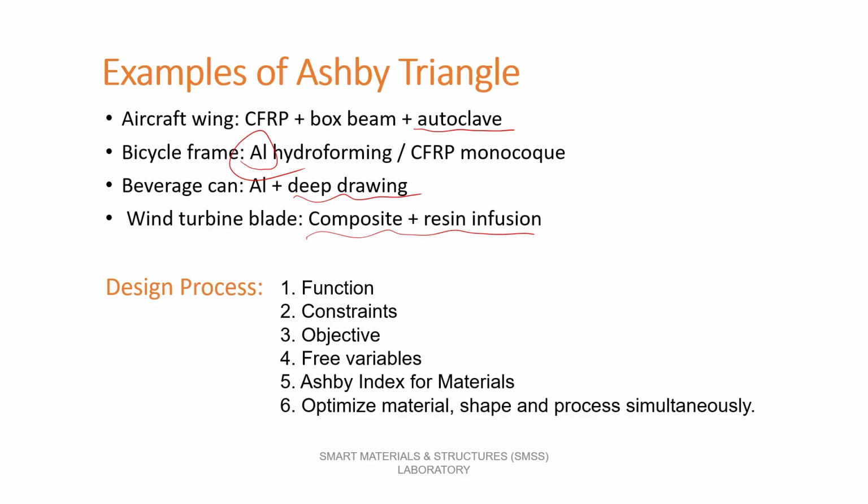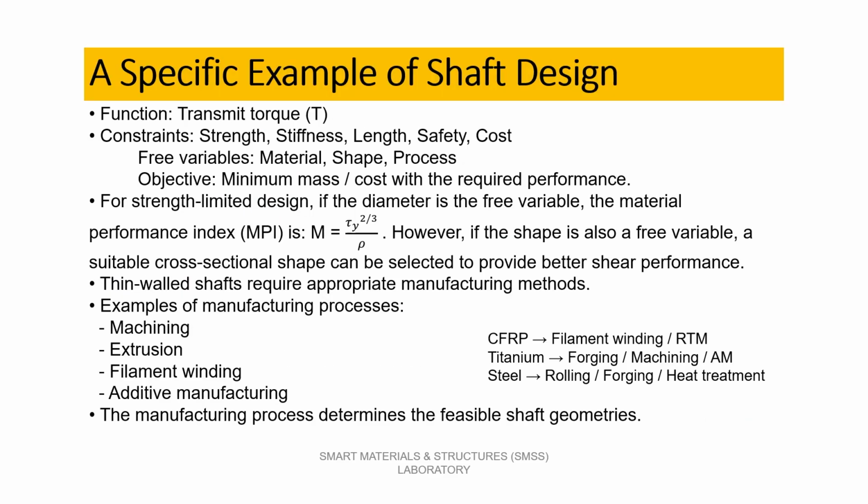So, our design process: earlier I said that it is function, constraint, objective, free variable choice, Ashby index. Now, I am going to add one additional point following the Ashby triangle, that is, optimize material, shape and process simultaneously to get the best solution. A specific example I want to show you, in the context of today's lecture, is shaft design. Let us say transmission of torque is the function. We know the constraints also: strength, stiffness, length, safety, cost, etc. Free variable from the material point of view was the diameter of the shaft, but then there are the